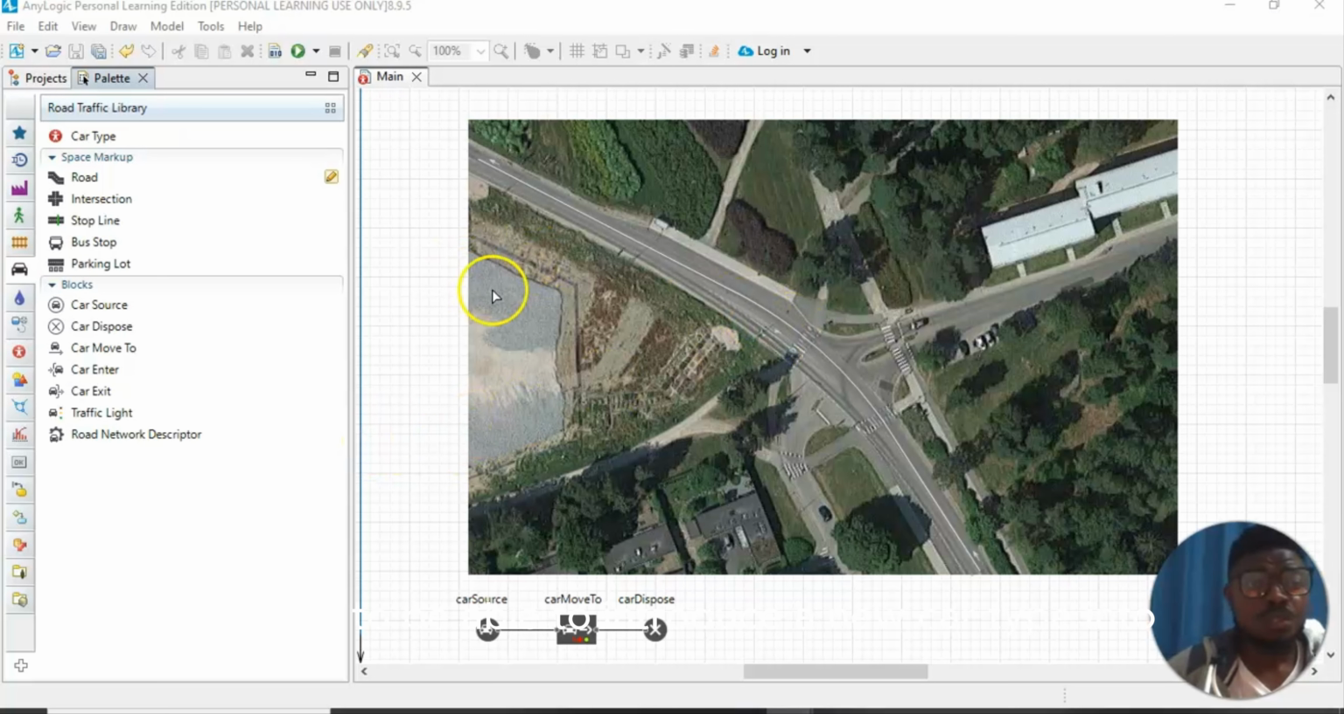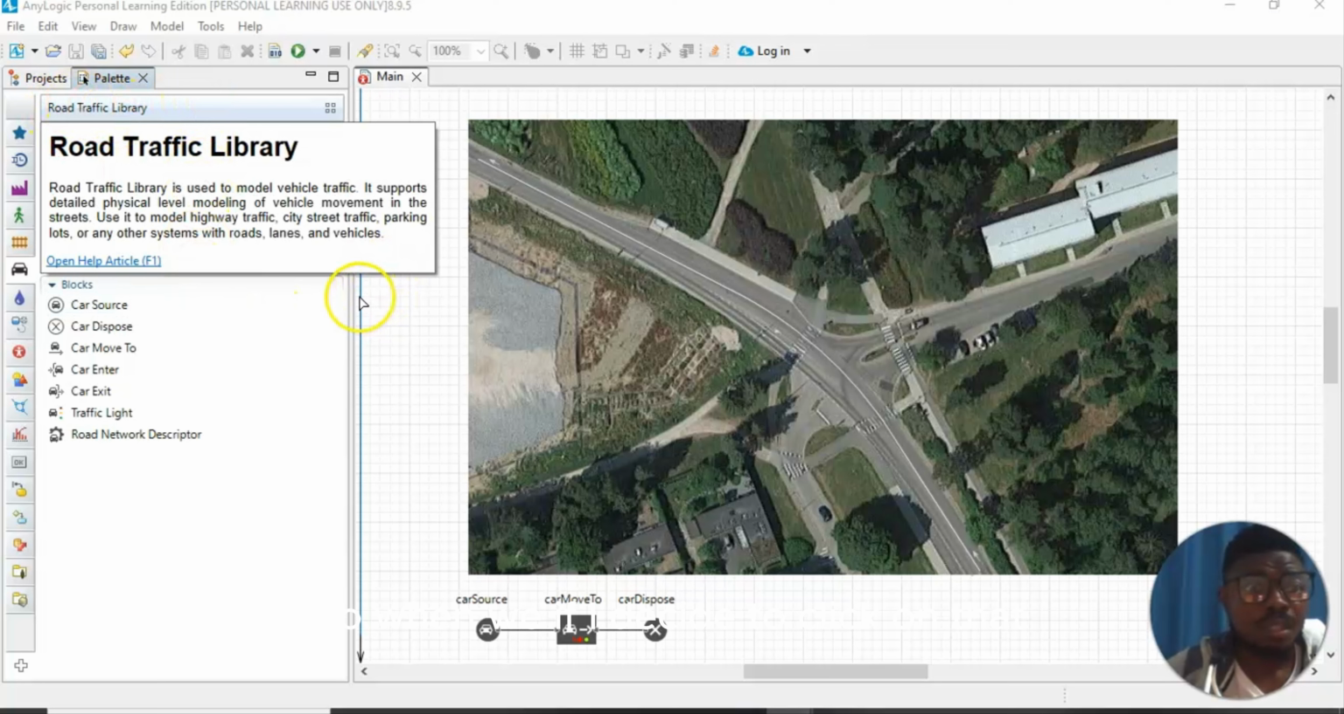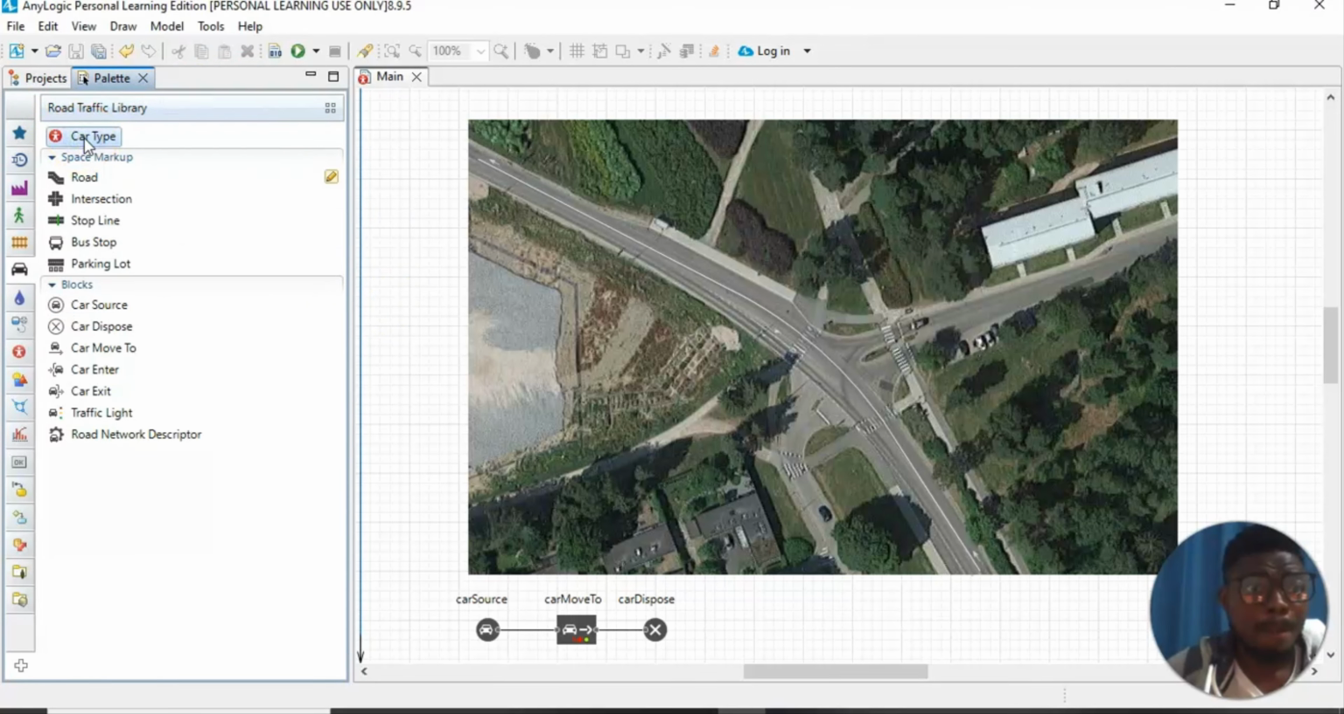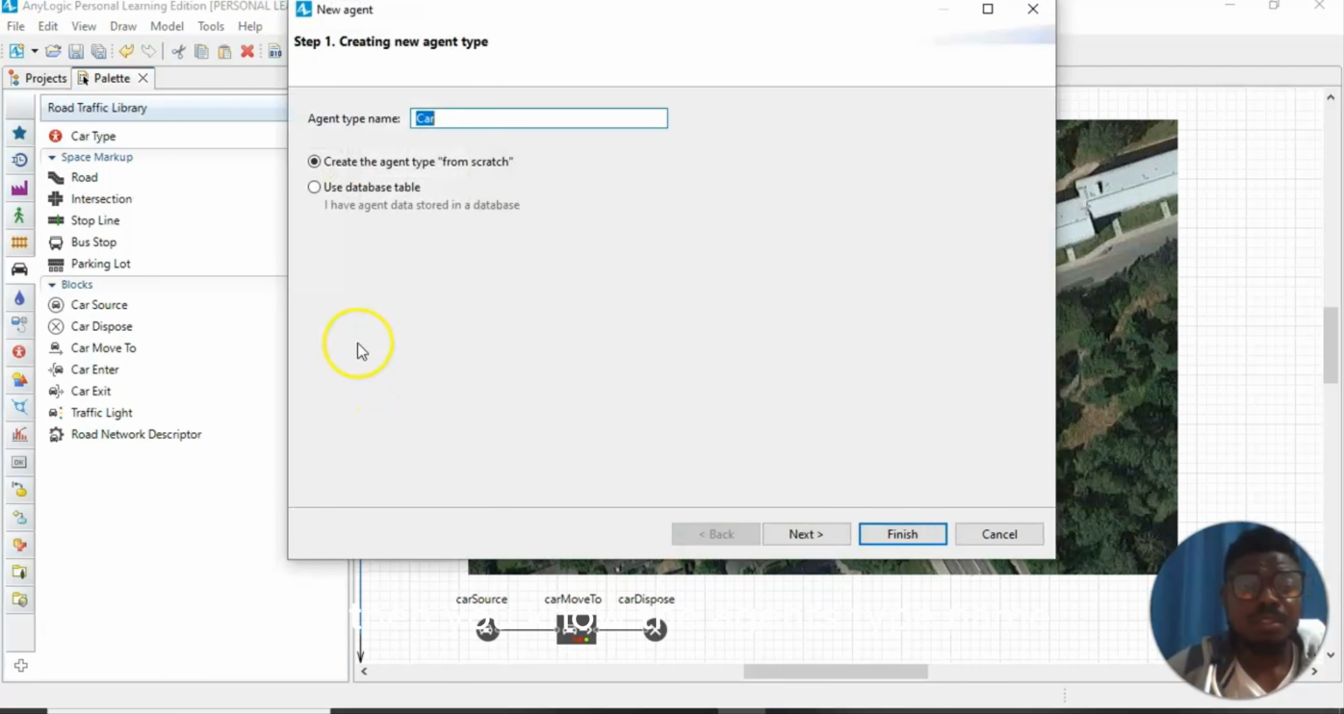So the next stage is for us to be able to introduce a new car type into the interface. And in order to do that, we can see here the car type under the road traffic library. So if I decide to click on that, what I do is I can drag it into the interface this way. So then, the agent type name. Whatever name we want to use, we can leave it as car, or probably let me just put it as T car. So we know that it's a tutorial car, just in case we have other names that are saved for the vehicle or the car